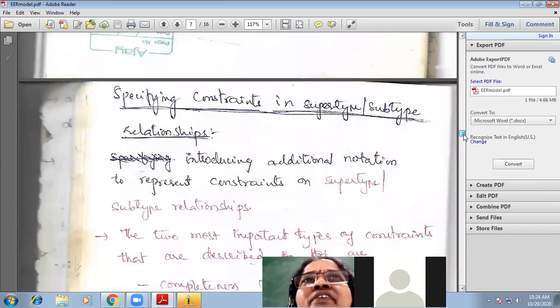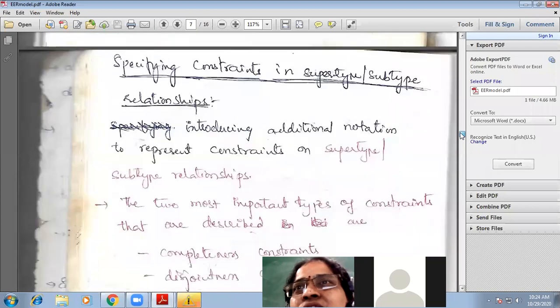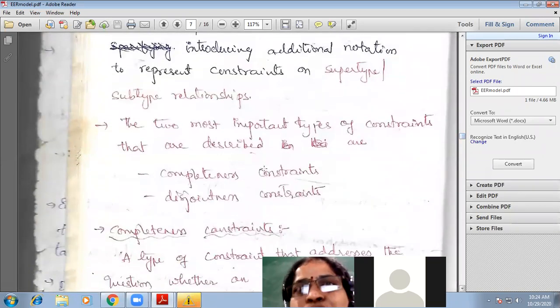Specifying constraints on the supertype subtype, we will represent these constraints in two types, that is completeness constraints and disjointness constraint.